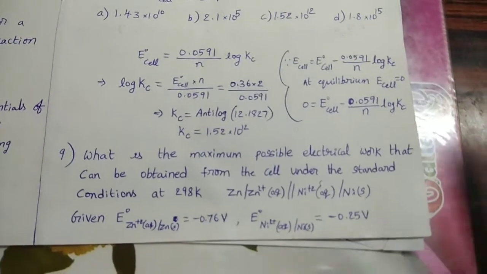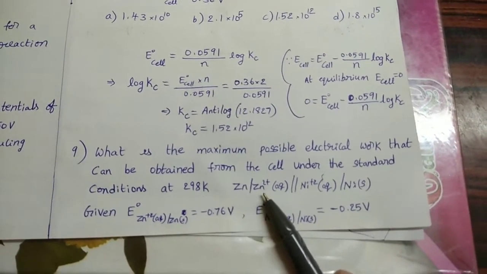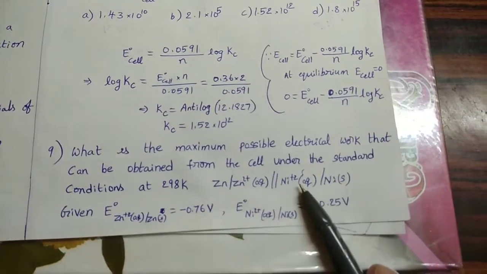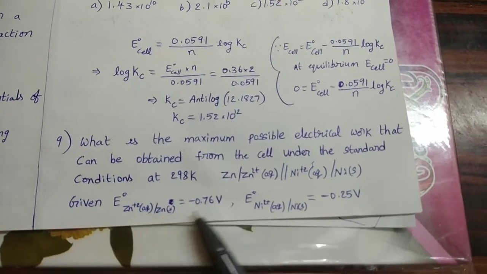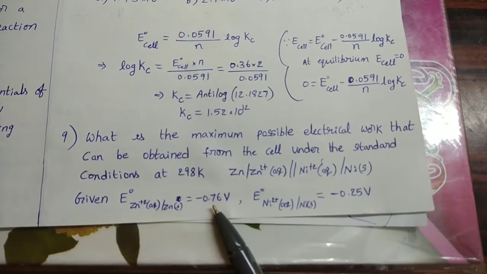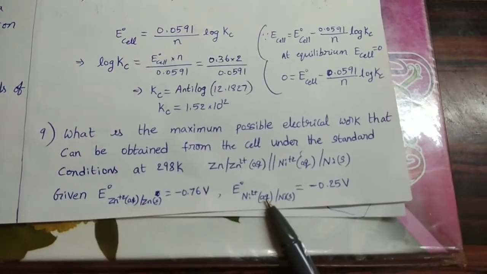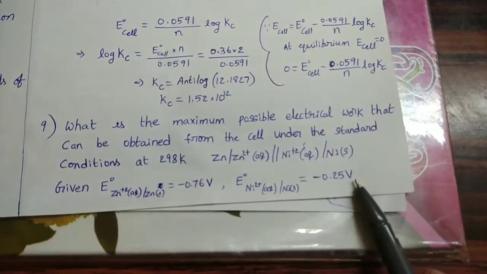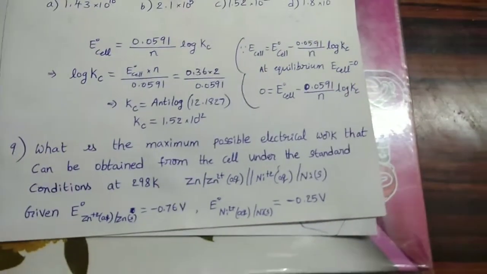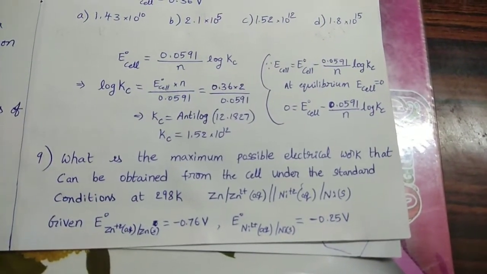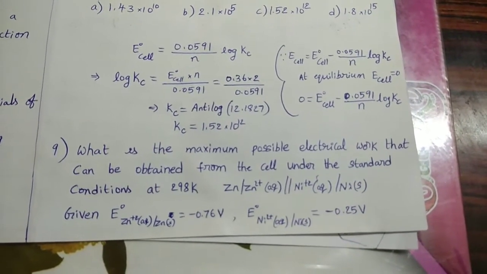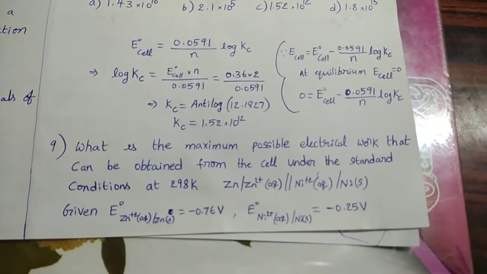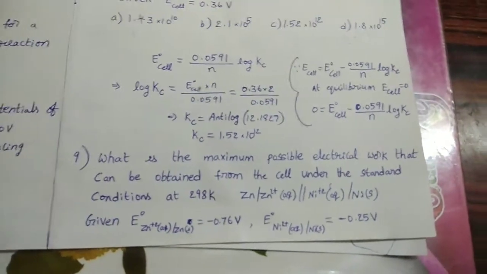Cell representation is given: zinc converted to Zn2+ and Ni2+ converted to nickel, and zinc reduction potential value minus 0.76 volts and nickel reduction potential value minus 0.25 volts is given. Here possible electrical work is nothing but delta G naught. So electrical work W equal to delta G naught. That delta G naught we can calculate